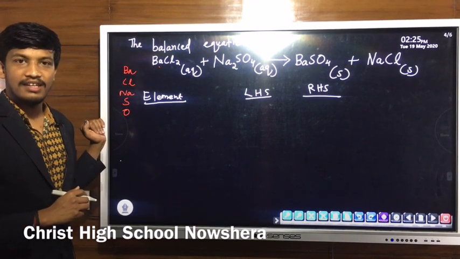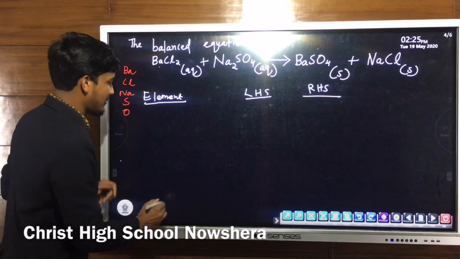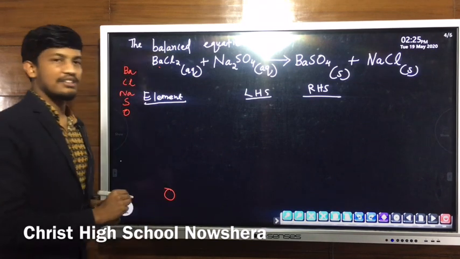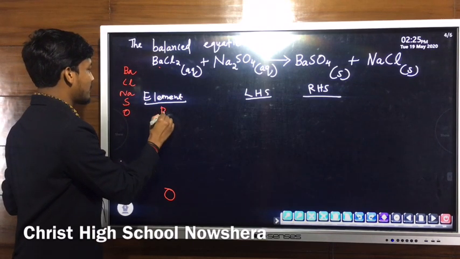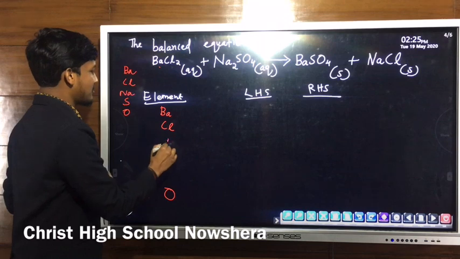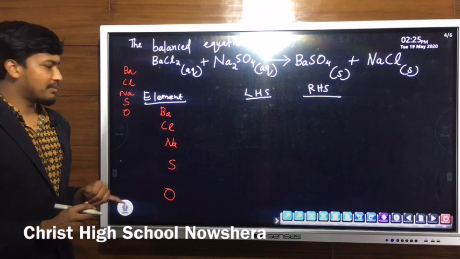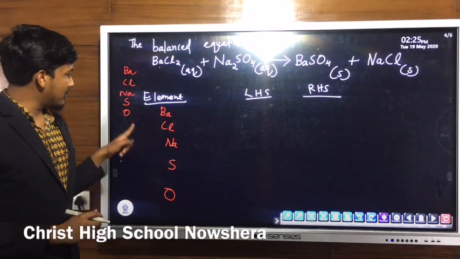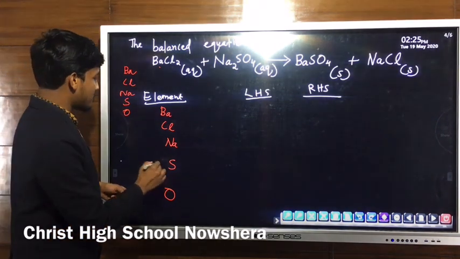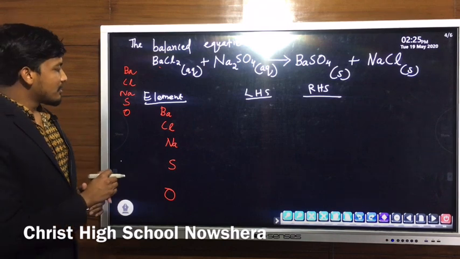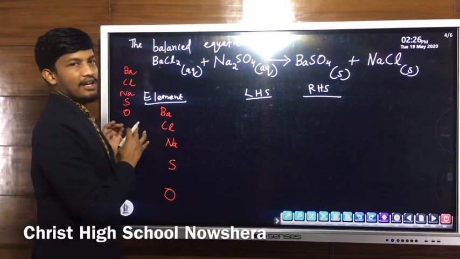Now we have learned that if there are oxygen or hydrogen atoms, we will write them in the last step. Here we have oxygen, so we will write it in the final step. Other than oxygen, we have to write the others in the first steps. There is no order for the remaining elements; we can write in any order. But if there are hydrogen and oxygen, we have to balance them in the last step. If there is hydrogen, we will write it in the second last step. Then we will count the number of atoms of each element and balance it.